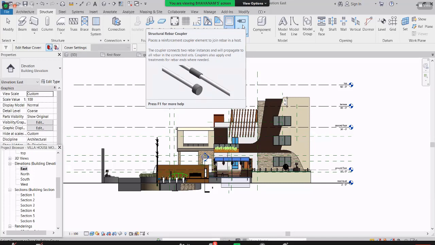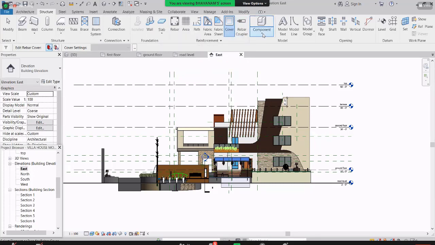So when we use couplers, the reinforcement will be lesser. As per IS 456 also, whenever you go for couplers at a site, you need to go for only 4% as the maximum percentage. But if you are going for lappings, you can go for 6%. Okay, so those types of arrangements are there.